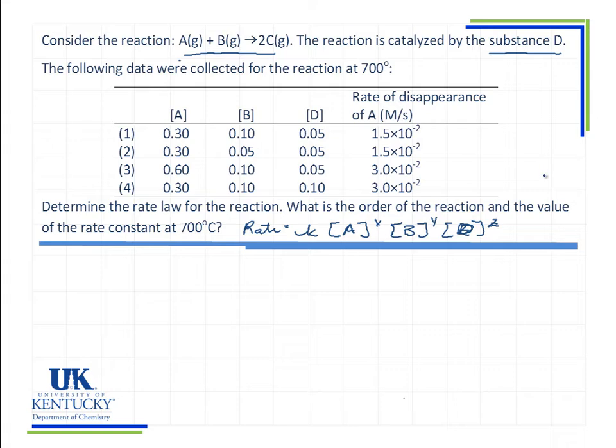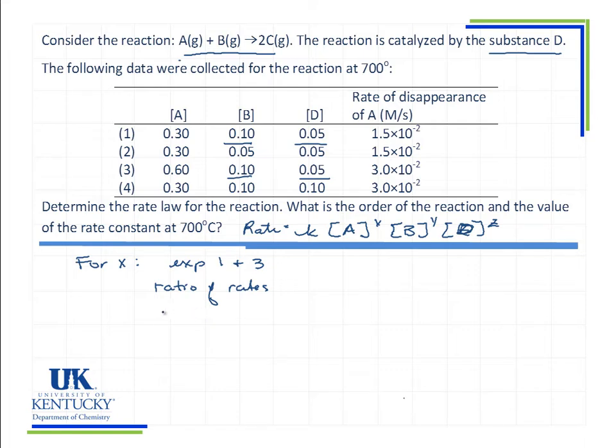Now we need to choose experiments to figure out the X, the Y, and the Z. We're going to begin by looking at X. X is the order of the substance A. So we need to choose experiments in which B and D are held constant. Now experiments 1 and 3 hold B and D constant. So I'm going to choose experiments 1 and 3. For those two experiments, I want to take a ratio of rates